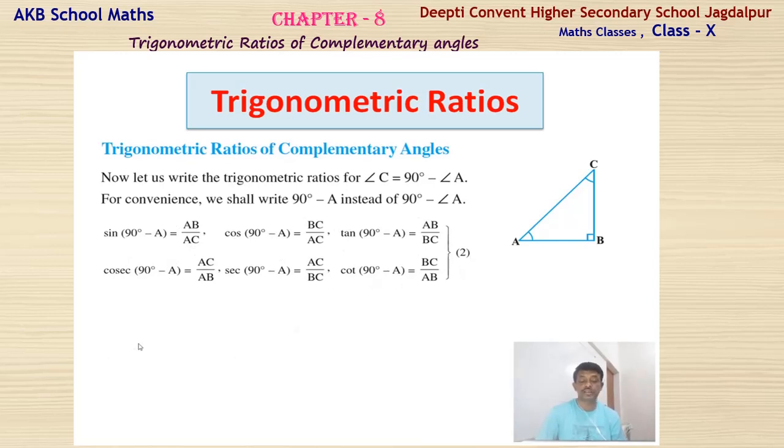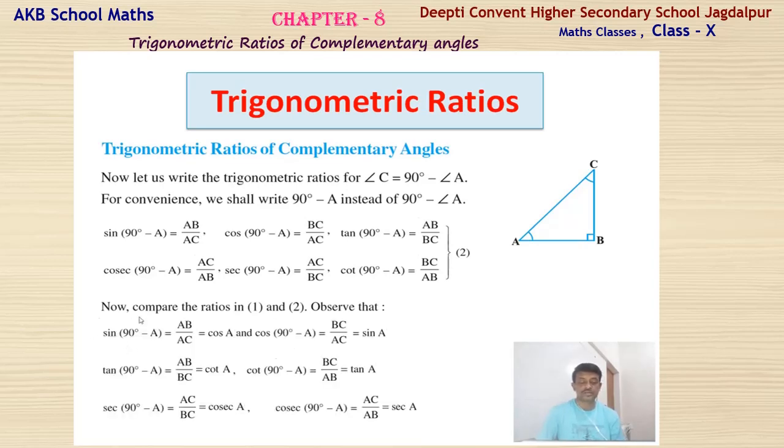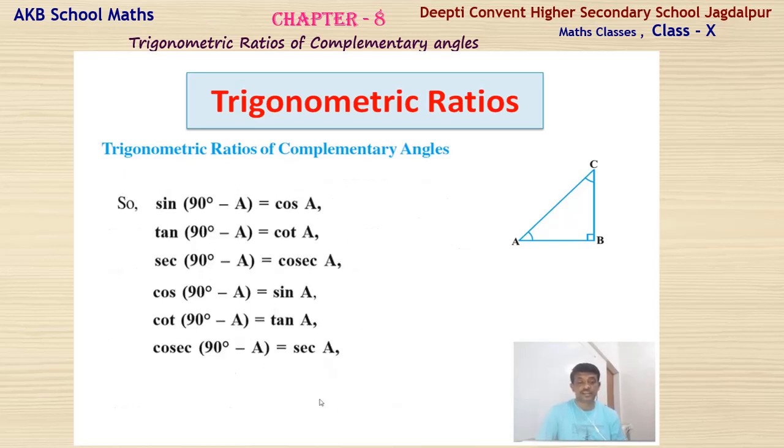Comparing these two equations, we get sin of 90 minus A equal to AB by AC. Then from equation 1, you can see that its value is cos A. Comparing 1 and 2, sin of 90 minus A equals cos A. Similarly, cos of 90 minus A equals sin A. So for complementary angles, the trigonometric ratios can be written like this: sin of 90 minus A equals